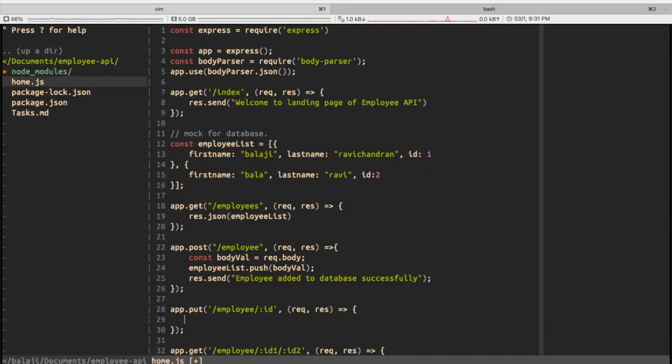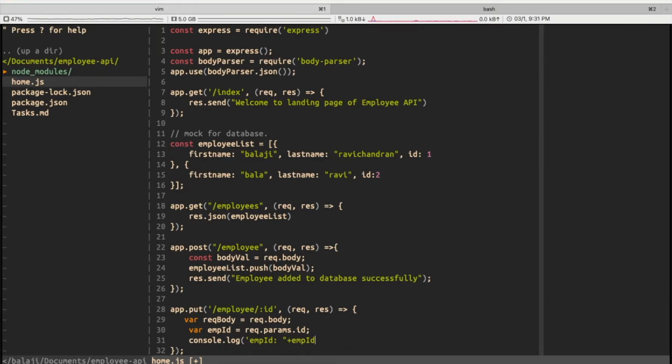and also you can get the request body. Okay, yeah, so for now I'm just getting request dot body, and employee id equals request dot params dot id. Let's print these values in the console and find out whether whatever we pass from the client gets passed here.